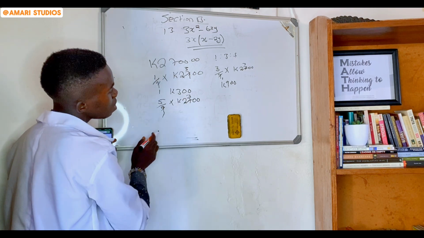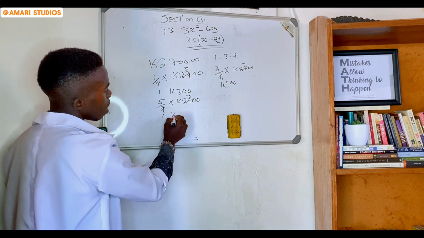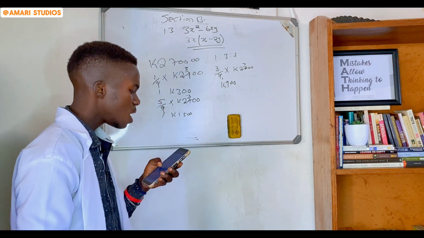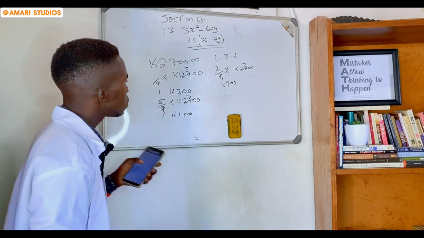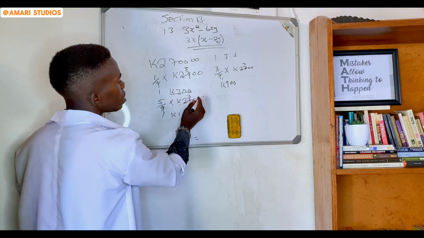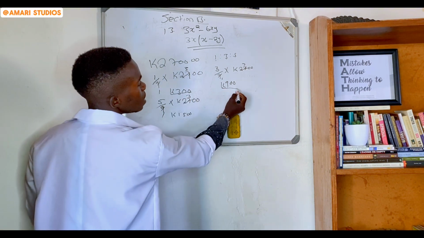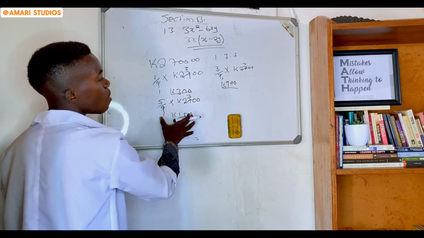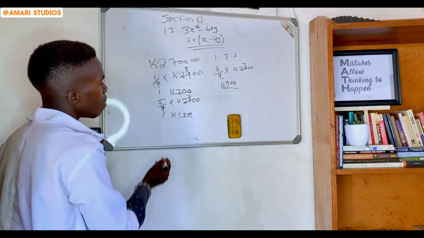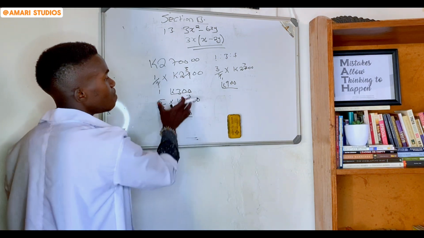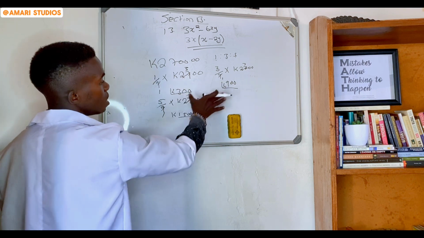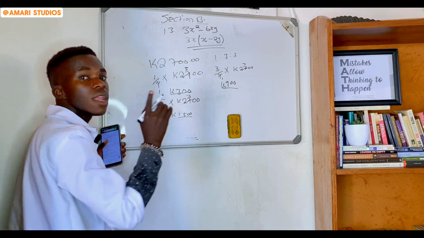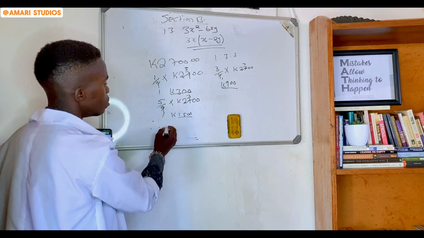5 times 300 is going to give us 1,500 kwacha. Let's look at the question again. The question is saying, how much was the largest share? So as you can see, between 300 kwacha, 900 kwacha and 1,500 kwacha, which among these amounts was the largest share? So 1,500 kwacha is the biggest amount among these amounts that were shared. So meaning we just say, therefore, the largest share that this girl shared was actually